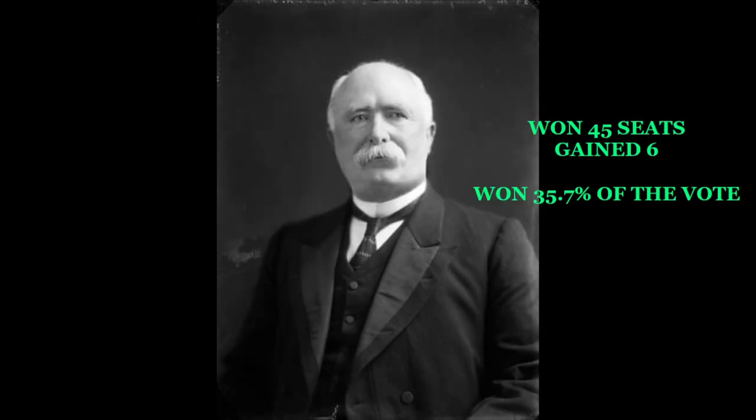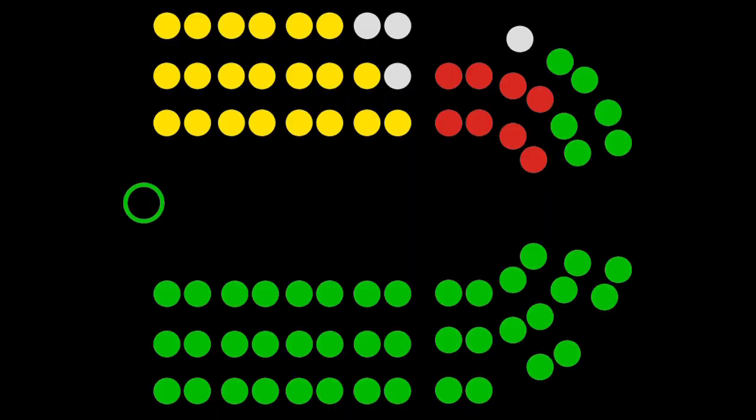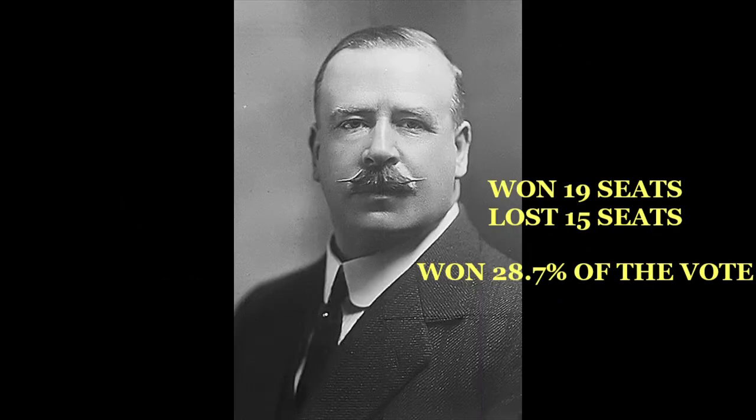And the winner was William Massey and Reform, with 45 seats, a gain of 6 since Parliament's dissolution. In a triumphant victory for Reform, who now held a comfortable majority in the House, as well as 35.7% of the popular vote. As much as it was a great night for Reform, it was an absolutely terrible result for